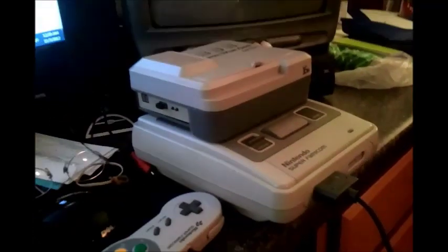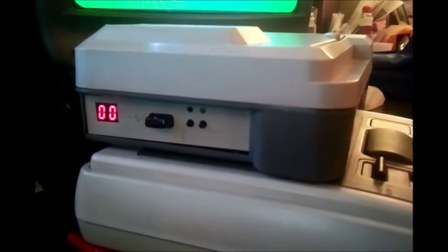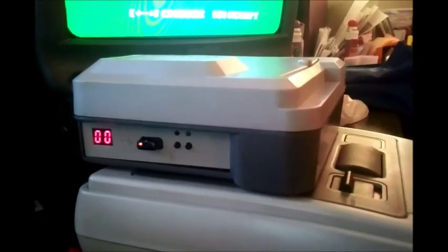So bottom line, if you have a Super Wildcard or a Super Magicom or a Game Doctor or a Super UFO, and it uses the disks like this, the 3.5-inch floppy drive, this is made by GoTech. This thing plugs right in place of the floppy drive. It comes with a little disc, so that way you can format the flash drive and break it into multiple partitions, and then from there you just have to set the games up in the right format. They cannot be zipped. Games need to be unzipped, and games larger than 1.44 megabytes need to be broken into separate files. But yeah,